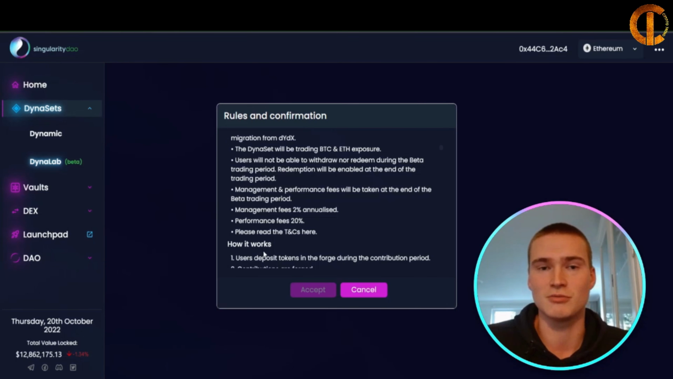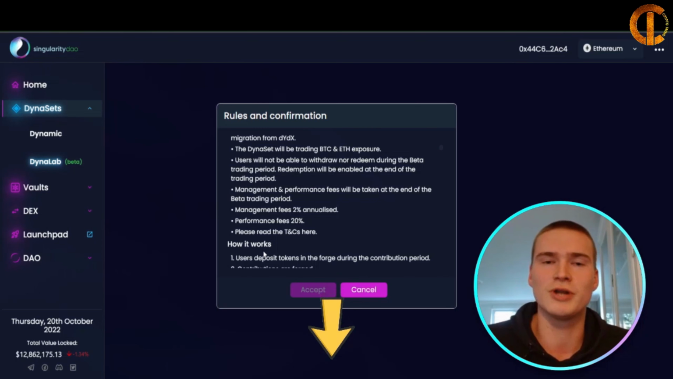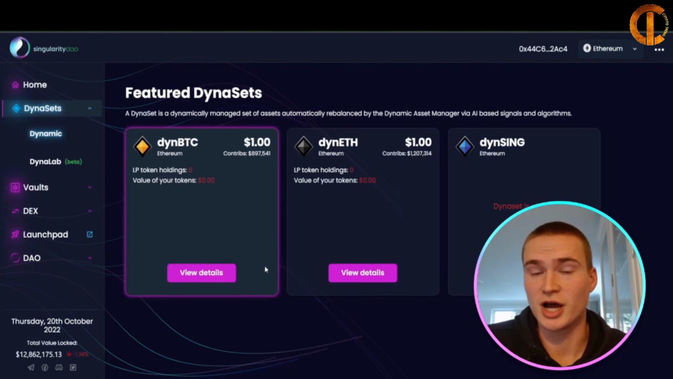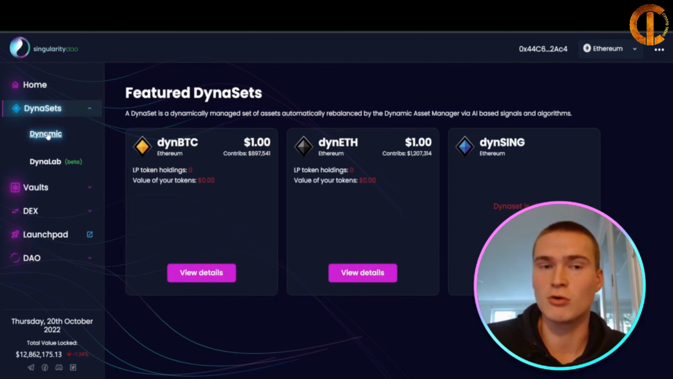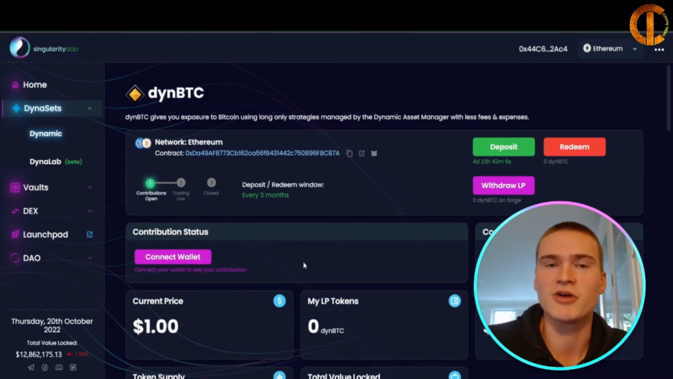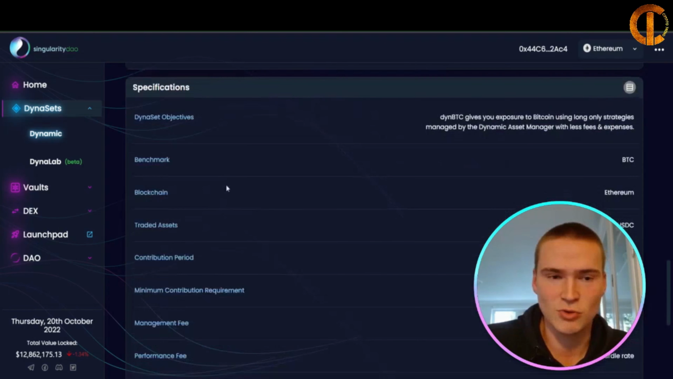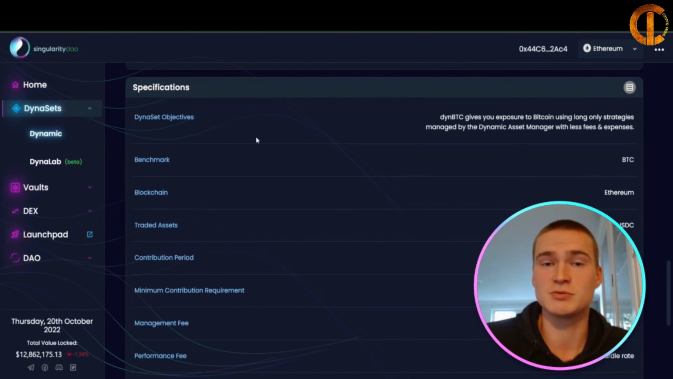on their website. So as I said in the beginning as well, all the links you will need will be down in the description. And there are also specific details for DynBTC and DynEthereum, which are already dynamic DynaSets, and you can find them if you click view details on the DynaSet, then scroll down and here you can see all the specifications, but I would definitely recommend you to check out as well because you want to know what